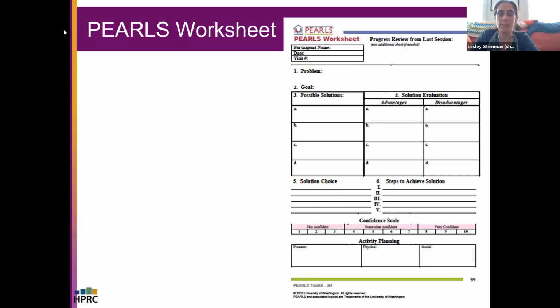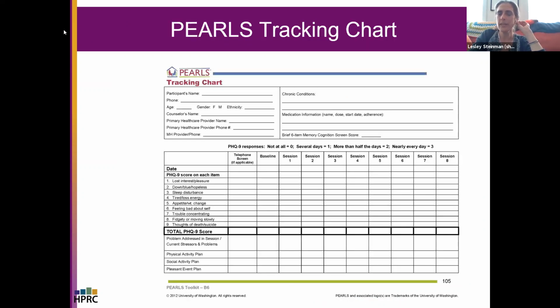There's the worksheet. We have the Google Drive. You can highlight it however you want. Clearly, if you're doing something in person, you're welcome to print all this stuff out. The other thing I like to highlight at this point in the training, even though we're not going to get